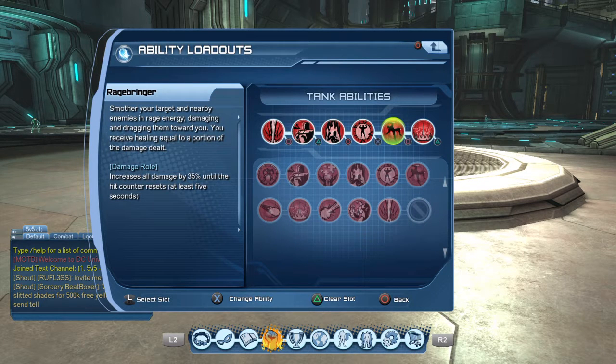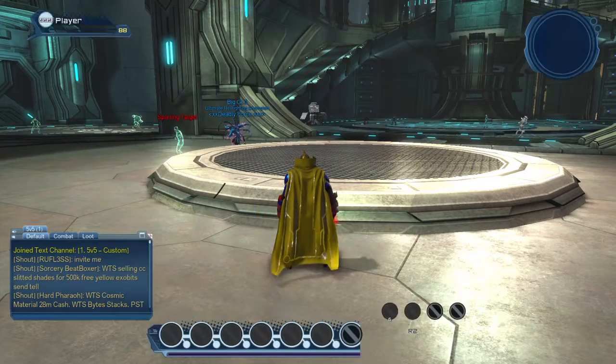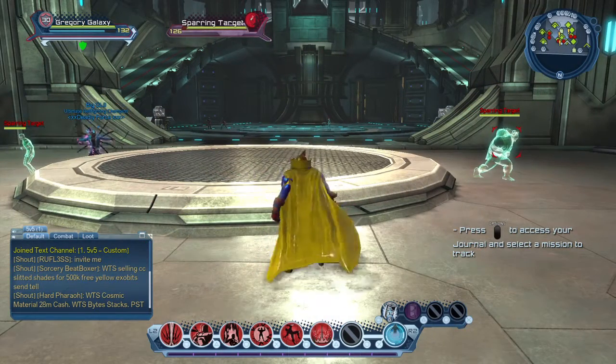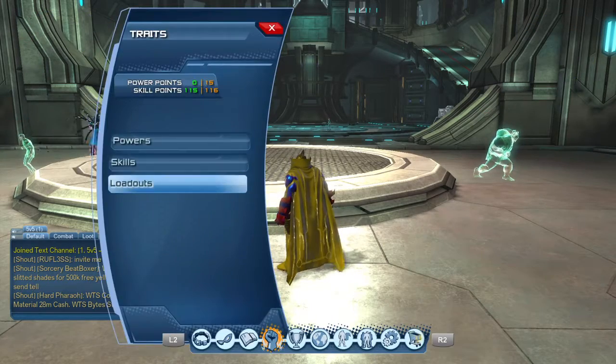Now that's not to say that Ragebringer won't bring in multiple enemies at a time, but if you have a big group of adds that are in close range of you, Without Mercy is great because it will pull everything in, and I'll show you how to go about doing that. So this move is pretty much like, I can't remember what exactly it's called with fire, but fire has the same exact tank move. Okay, so going back into the loadout here,